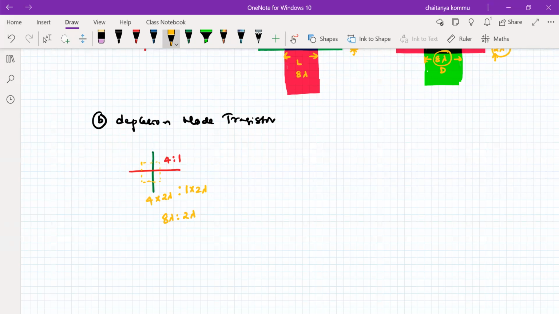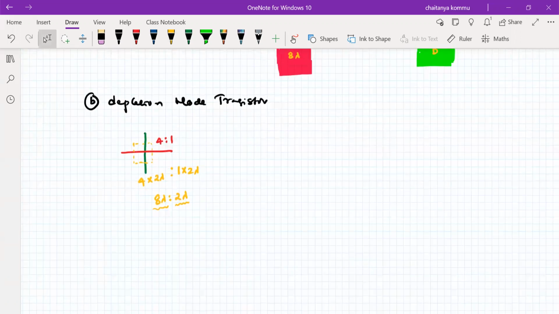Okay, the width ratio is something like this. If the bottom transistor width is 2 lambda, upper transistor width is 8 lambda that we have to maintain. That means the width of the pull-up network or depletion mode transistor is 8 lambda compared to that of 2 lambda. Okay. Now, how do we do this one? Okay. So as I mentioned, what we have to do,